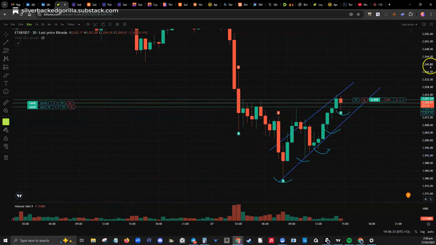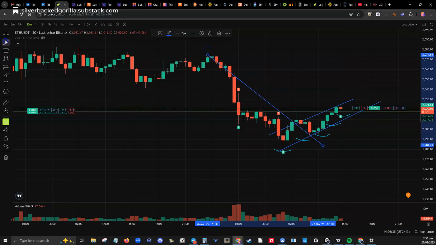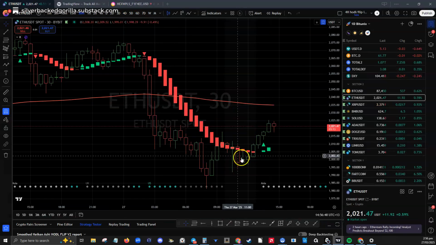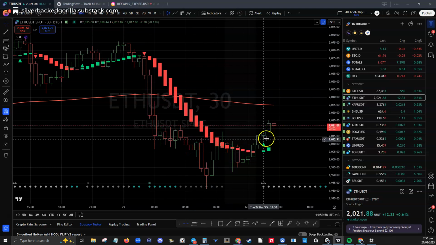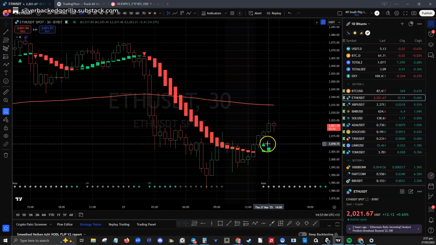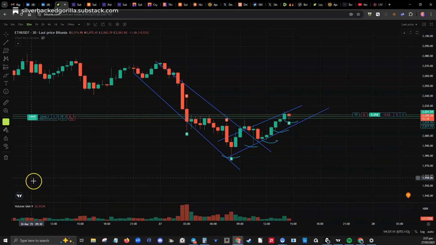And then you can sort of see here, we had been coming down like this, and if you look at the 1 hour chart and the smooth Heikin-Ashi, or even the 30-minute chart, you can see there's the downtrend, and there's the price action, and there's the uptrend. That's just starting. It's a little bit delayed. All these indicators, that's why I need them to fire before I can take action, because they're not too sensitive.